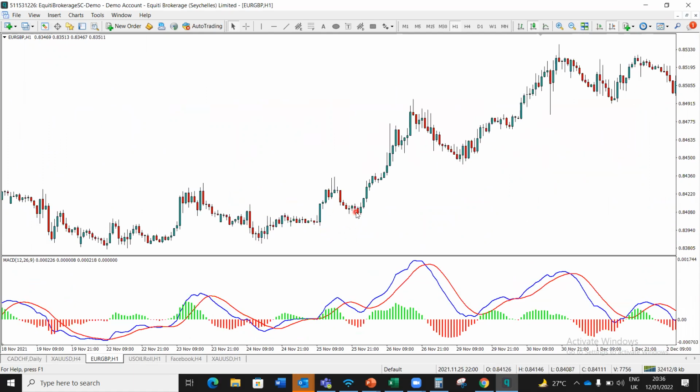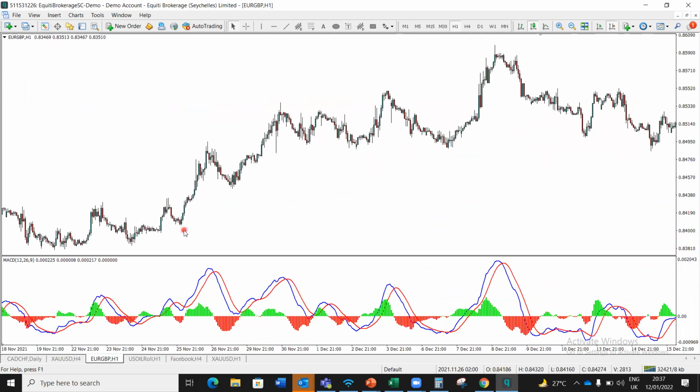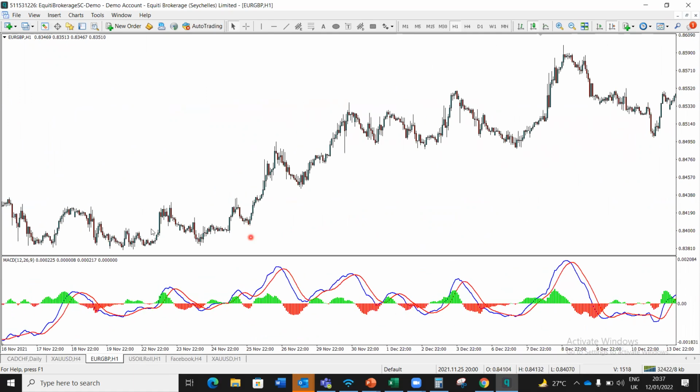Okay, watch this now. The market was actually selling, and then we found this at a significant support level. Let me show you what we're looking at. This is a significant support level here. Can you find this now? This is a significant support level. The market kept testing this particular area